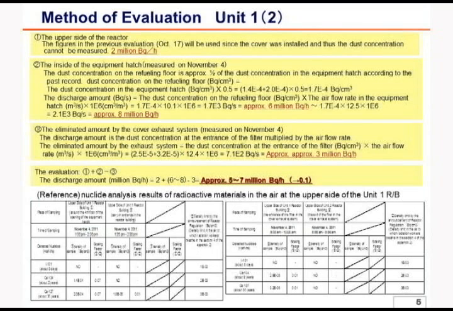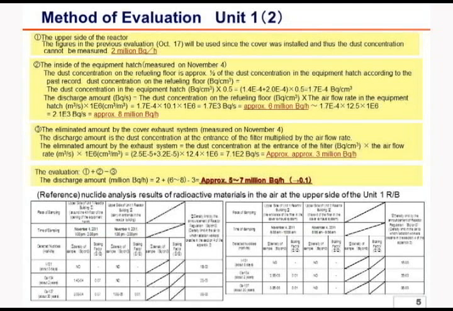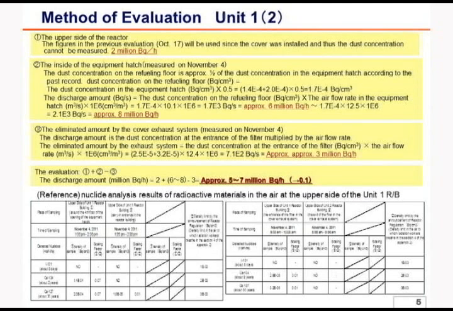Then, as for the inside of the equipment hatch, we suspend with a crane the dust samplers at the apertural areas that correspond to the 4th floor of the reactor buildings and measure the dust densities. The result is 1.7 times 10 to the negative 4th power per cubic centimeter. And the airflow of the equipment hatch is approximately 12.5 cubic meters per second. With these numbers, we assume that approximately 6.00 to 8.00 million becquerels per hour of radiation is emitted through the